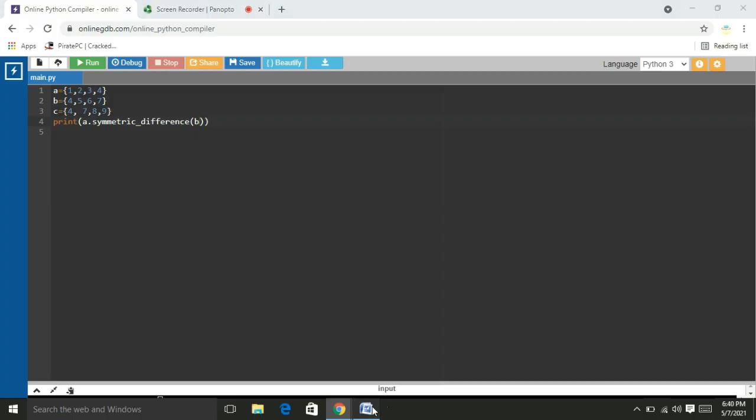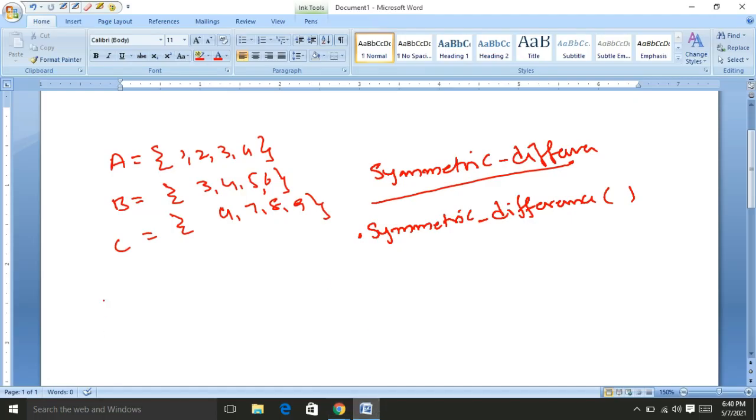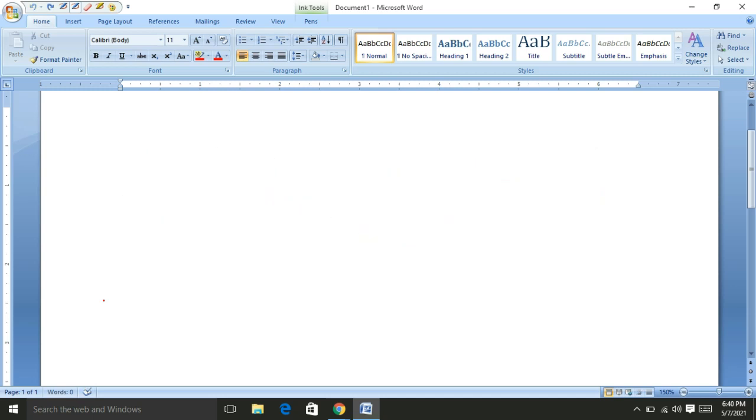Next, I would like to explain the subset. Let us consider A equal to 1, 2, 3 and the set B equal to 1, 2, 3, 4, 5, 6.